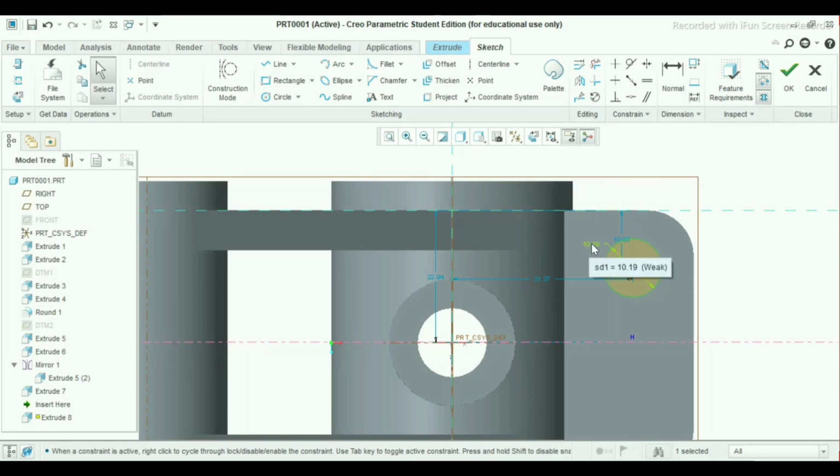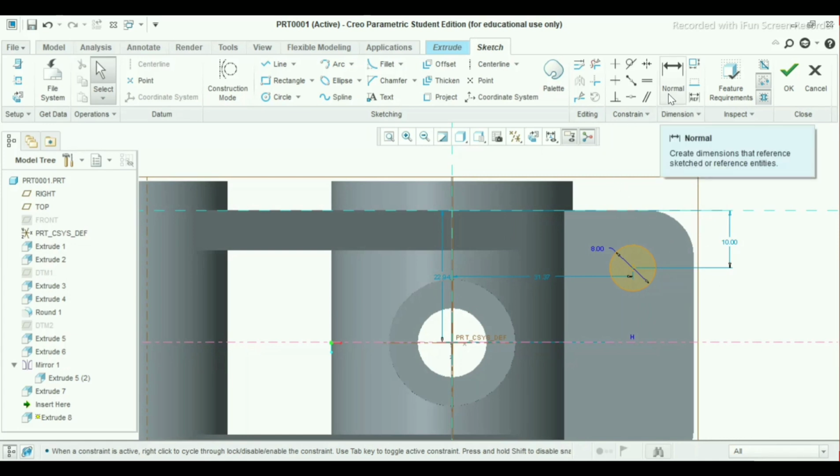Now give the dimensions as diameter 8 mm. And again give one dimension here.